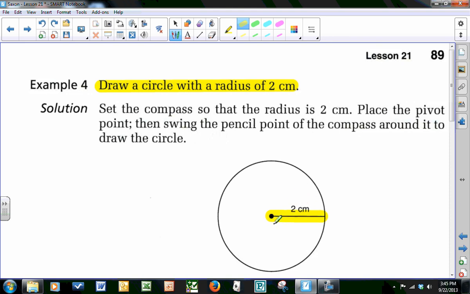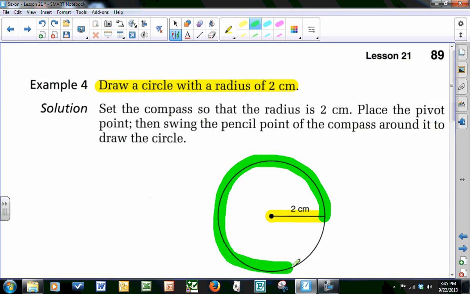So you place the pivot point here where this black dot is, and then you would swing the pencil point all the way around, and you might need practice at this. Most of my students generally do need a little bit of practice at swinging it without moving your paper. You could also have a friend hold the paper still. That's very useful. Sometimes when you're first learning to use a compass, it helps to have maybe instead of just 2 hands, 3 or 4 extra hands. So you would swing the pencil point of the compass around, and this would be a circle with a radius